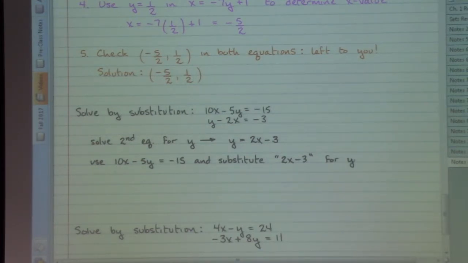So 10x minus 5 times (2x minus 3) in parentheses